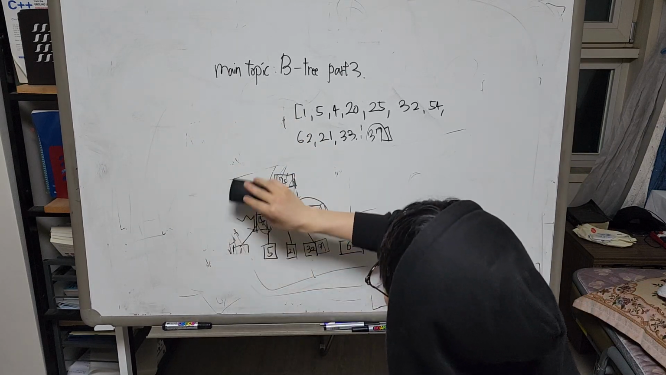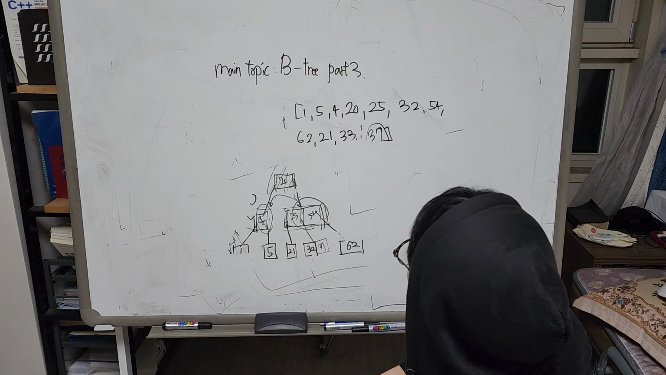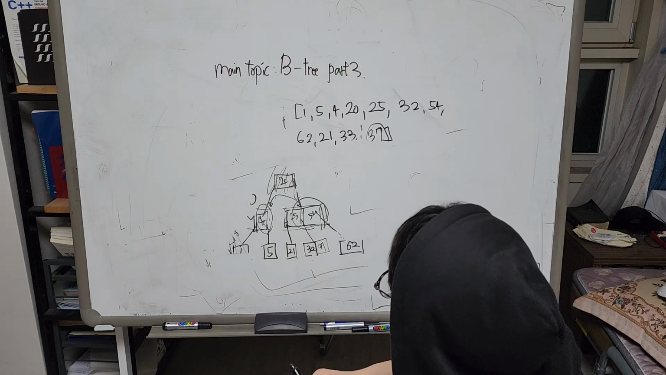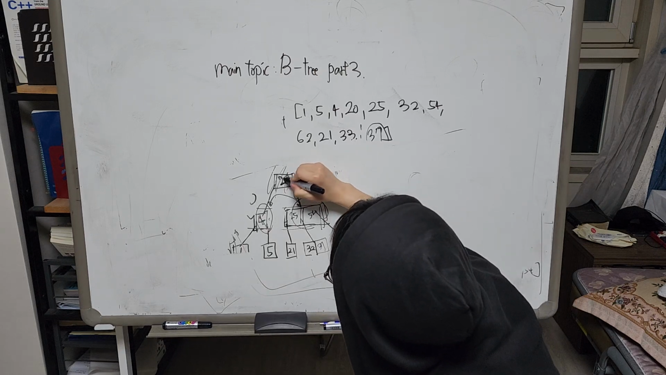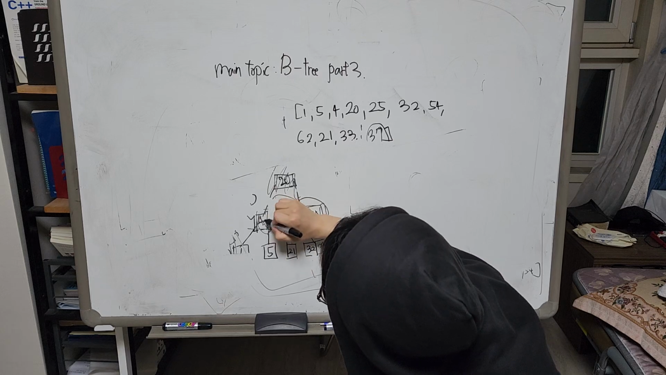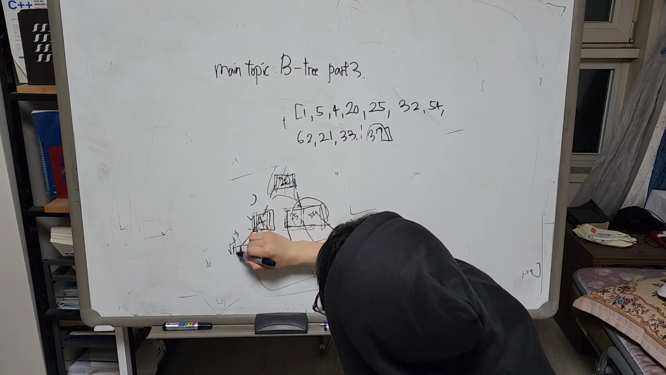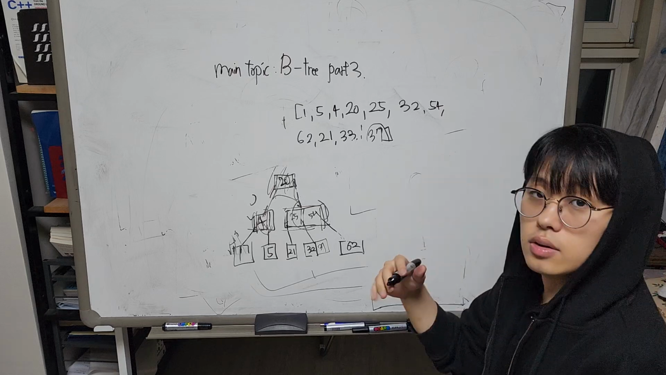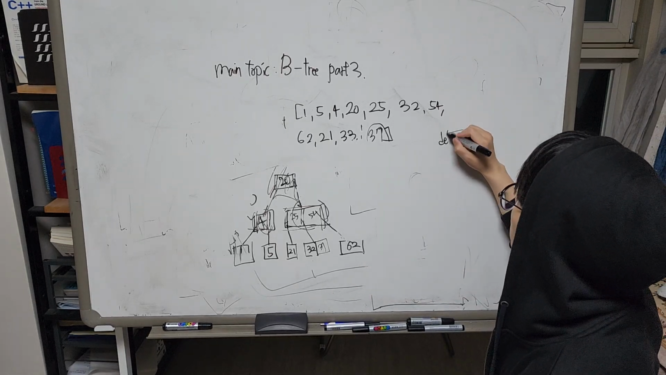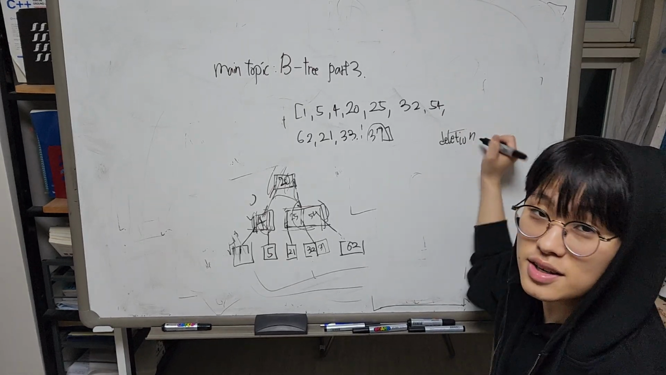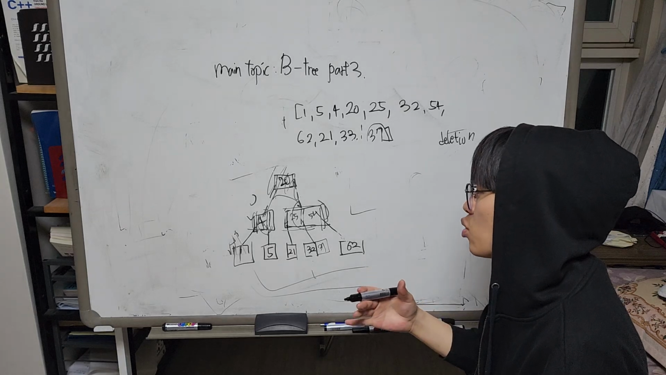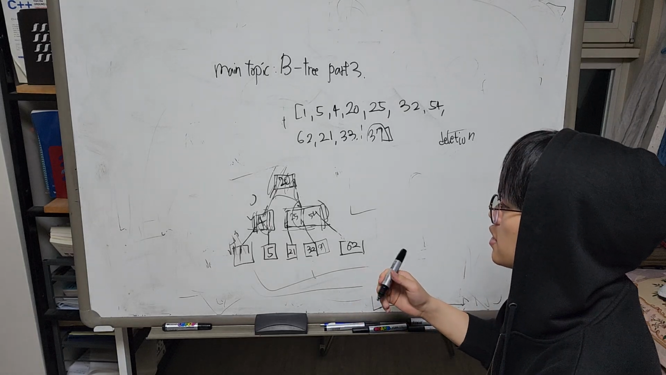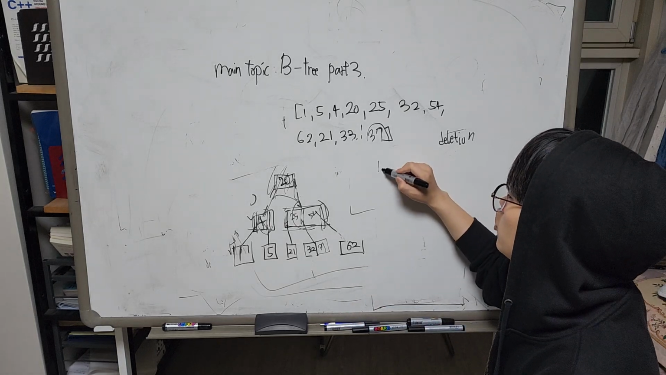But now the next part is the B-tree deletion. Let's just clean up more, the 20, like the 4 and 1 here. Deletion in the B-tree is harder than insertion. The reason why it is harder than insertion is because you have to think about